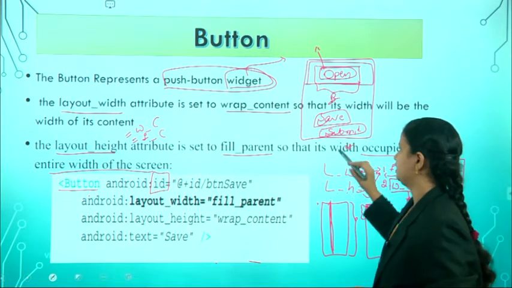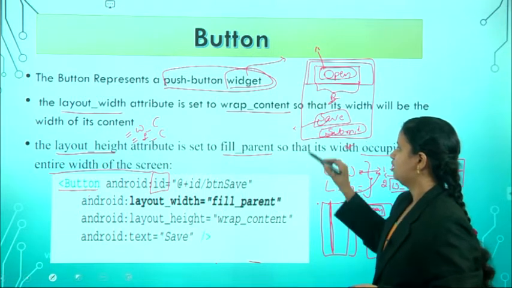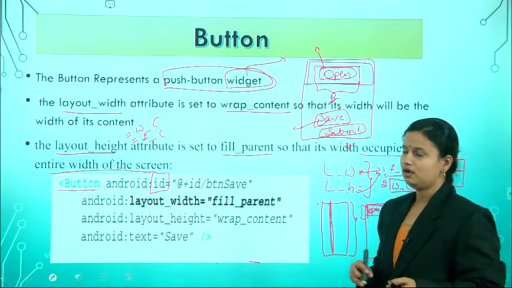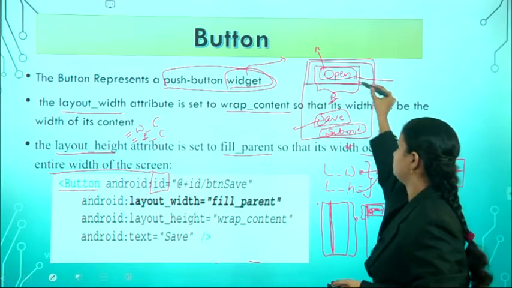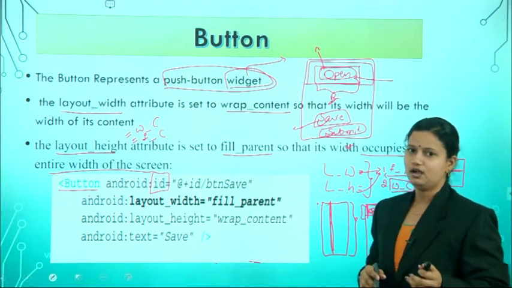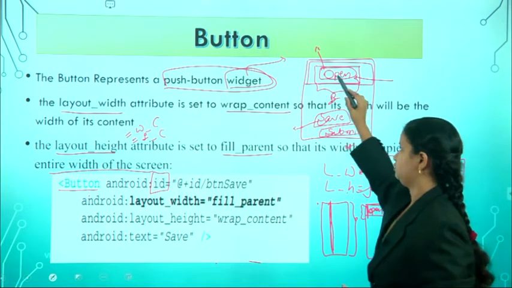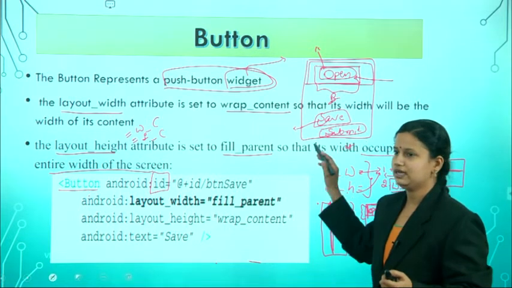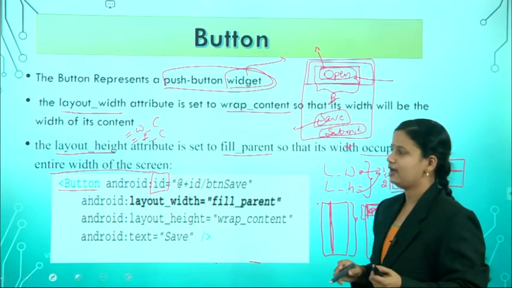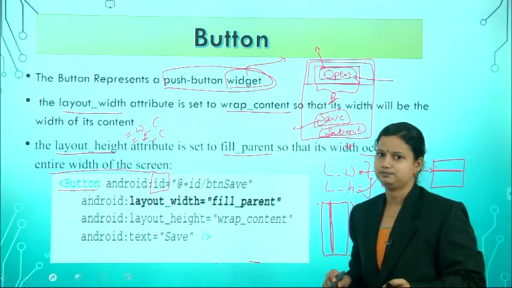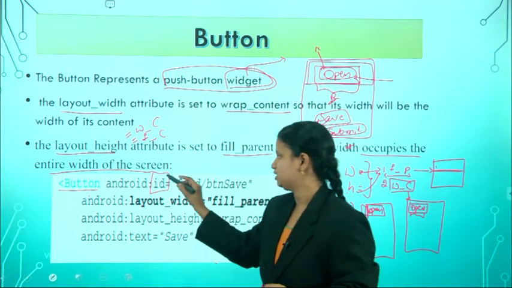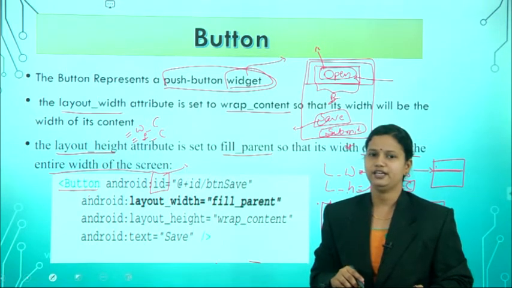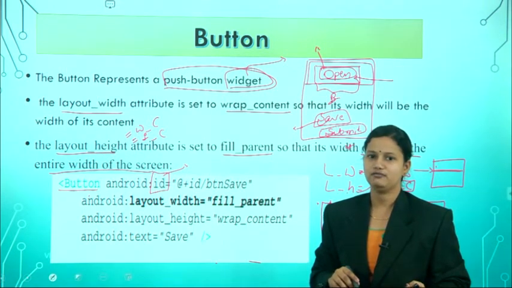So the user interface has three different buttons. From those three buttons, whenever you click on the save button, how do we identify it? Is the user pressing the save button or the open button? How do we identify whether the user selected the open button, save button or submit button? So that you can uniquely identify which button performed some action, that's why we mention the ID property. The main use of the ID property is to uniquely identify the button or view.